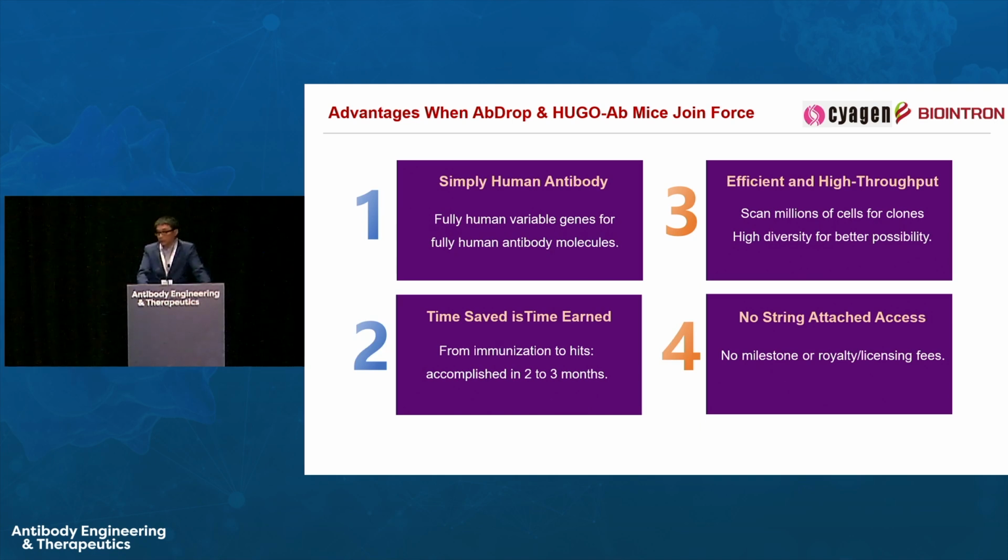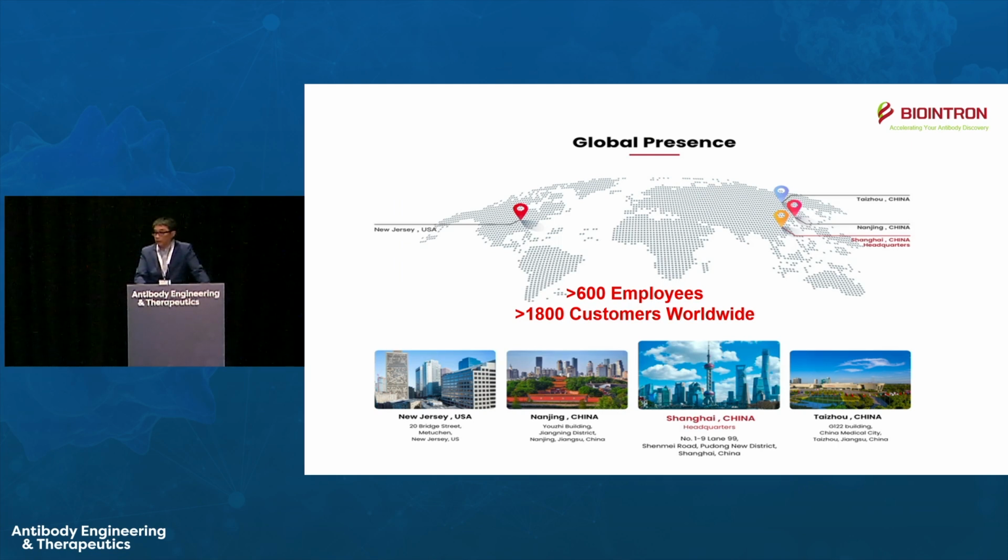And the high throughput allows us to dig deeper because 2 million B cells can be sorted and you get all the possibilities in this one single mouse. And best of all, like I said, the mouse platform comes with no strings attached, no milestone and royalty payments, with a one-time simple use access fee, which I think is very reasonable. So I hope in the coming year we will see more interesting cases combining these 2 platforms